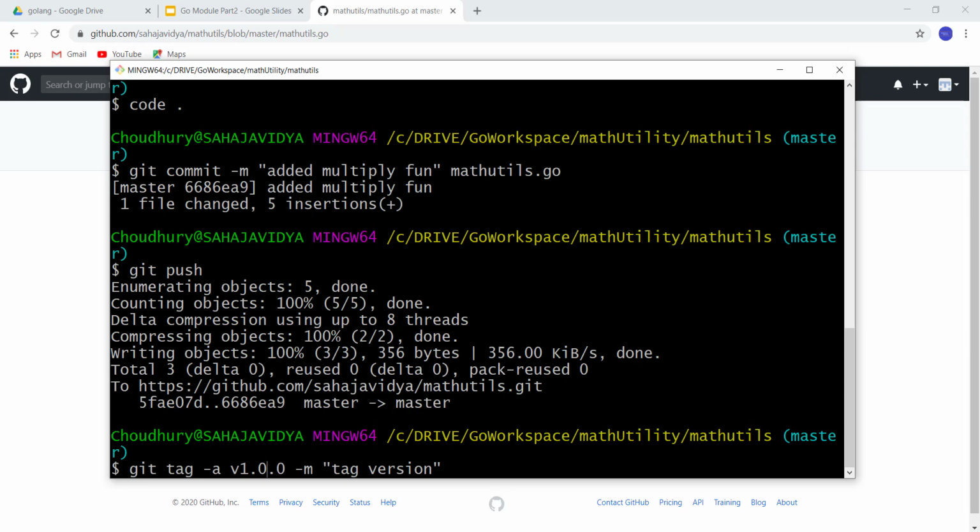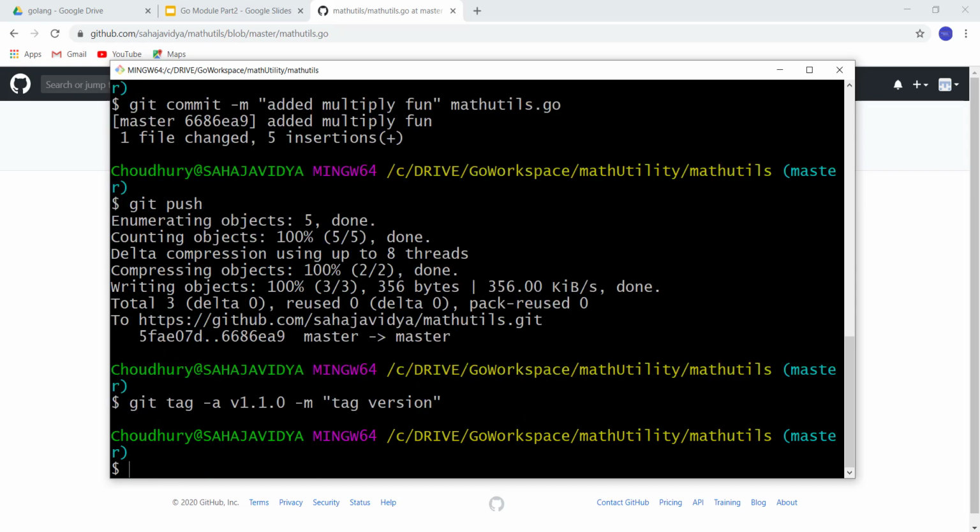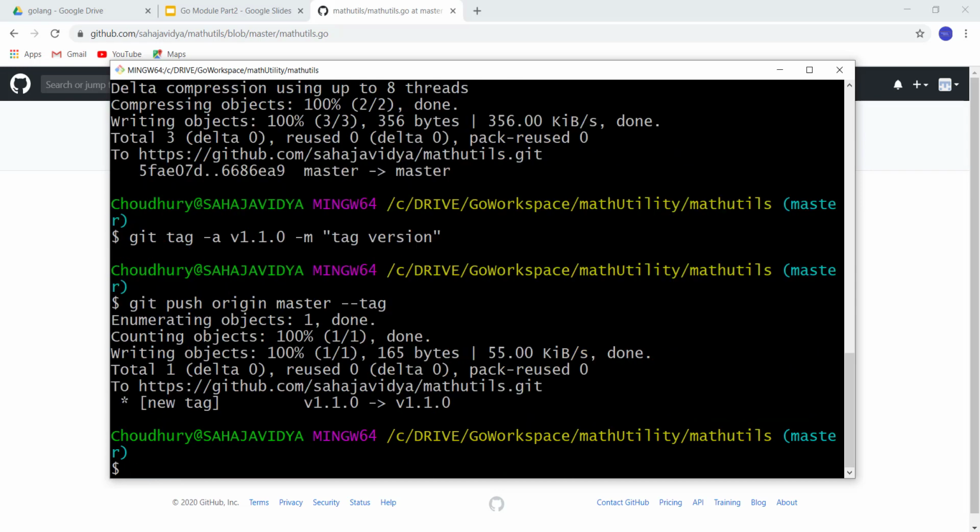So this time we made minor changes by adding some functionality to the package. So we'll just change the minor part to 1. Then we'll push the changes. So the version is changed to 1.1.0.